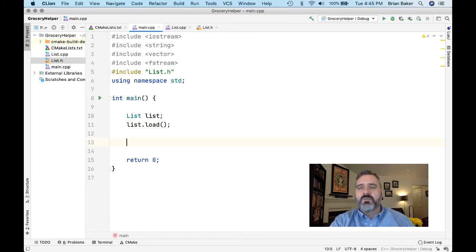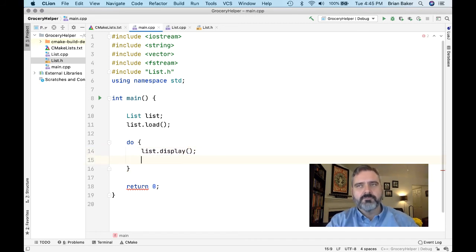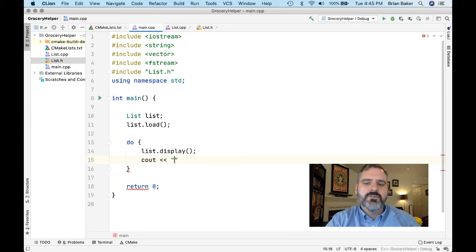So next thing I want to do is display a list of things, right? I want to display the list as well as a menu of options that you have. So first thing I'm going to do is let's put this into a loop. That way it's going to continually go on and on. So I can say list.display, so display the list, done. After that, I'm going to actually create a little menu. So cout, and maybe for the menu, I just use,